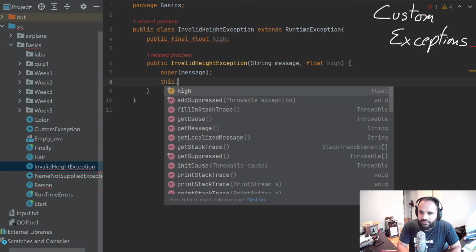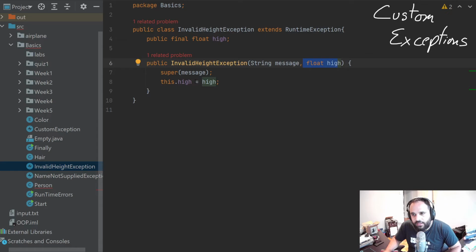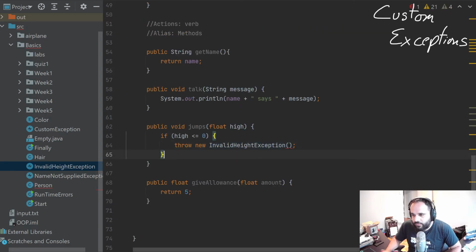So that we could say this high equals this high. Why am I doing that? Is so that we could see what value the user entered and we could show them, right? So let's come back here. So here we need a message. Height, or I don't know, the height,